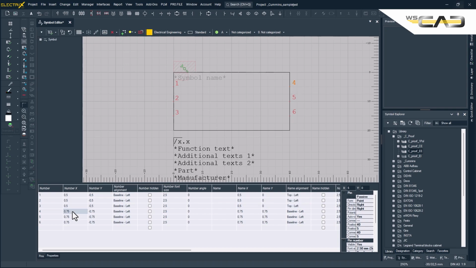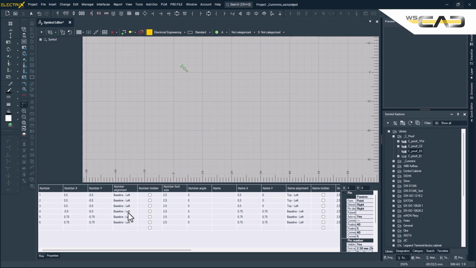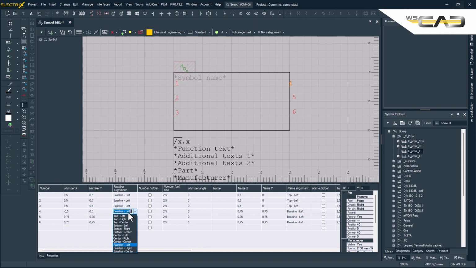And now for the right side pins, choose number X minus 0.5, number epsilon minus 0.5, number alignment baseline right,